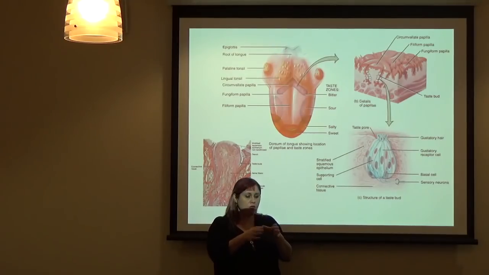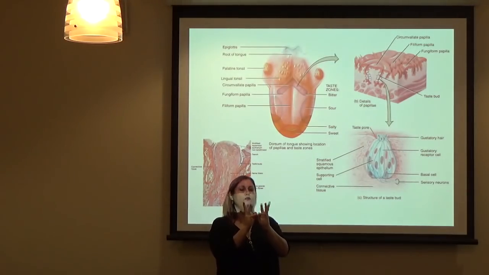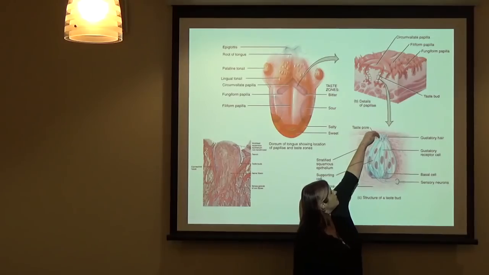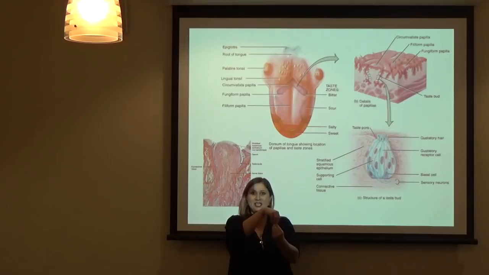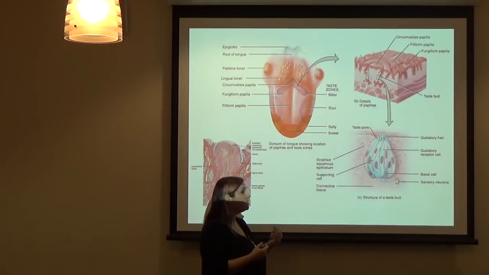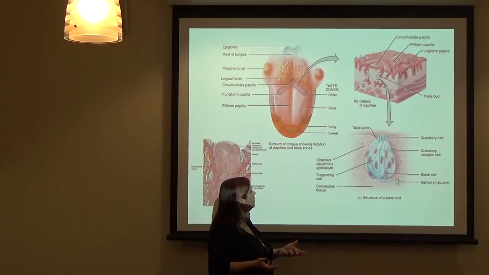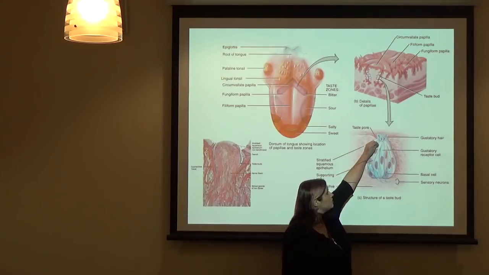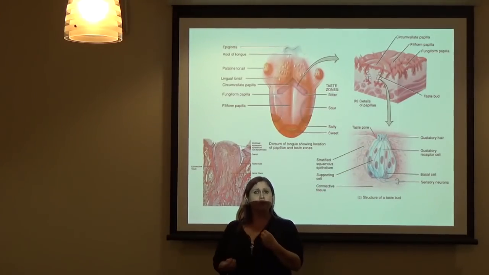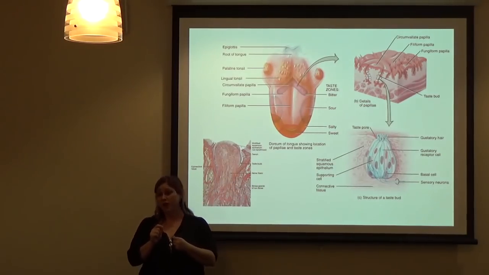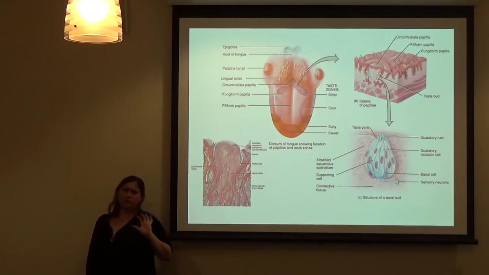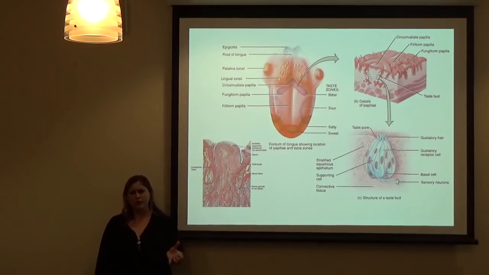And so all of those little microvilli form what's called a taste pore, okay? It's a taste pore. It's a little spot where the tastant can sit so that it can be tasted, so that the cells can respond to this chemical, okay? So the chemical goes into the taste pore, and then the taste receptor cell is going to respond to that chemical, to that specific chemical. And the processes are slightly different for the different kinds of taste